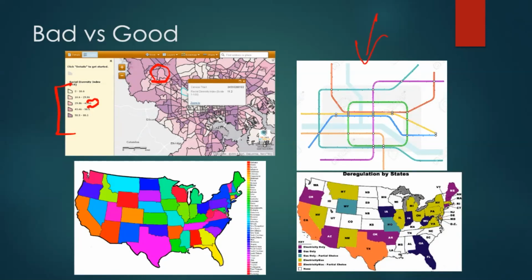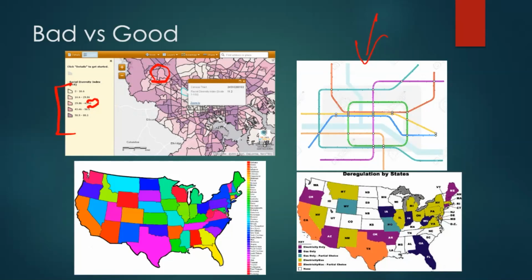Whereas this kind of map makes it really easy, right? I grew up just outside of DC, and we had the Metro, and you had the red line, the orange line, the blue line, I think. It's been a while since I've been there. But you can look at this graph and know really quickly which one's which.